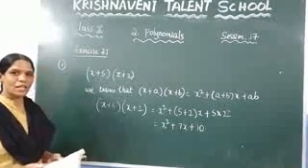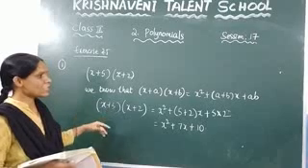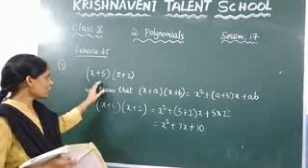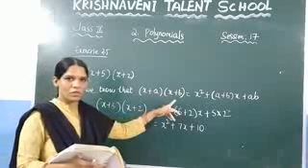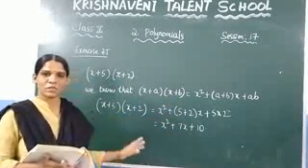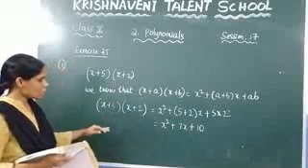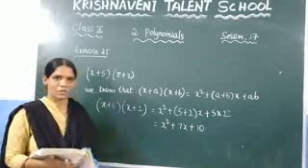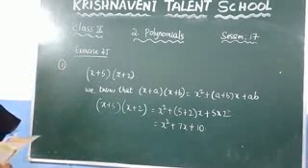There is no need to do the actual multiplication. Just observe what the identity is here. It is in the form (x + a)(x + b), and you know the formula, which is x² + (a + b)x + ab. If you substitute in that you will get the answer, which is x² + 7x + 10. Now see the second question.